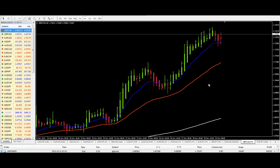I did on the GBP CAD. I took out 3 long positions on October 21st and since then I have closed 2 of those positions, the first one at 95 pips, the second one at 111 pips, and just go to the daily chart and I'll